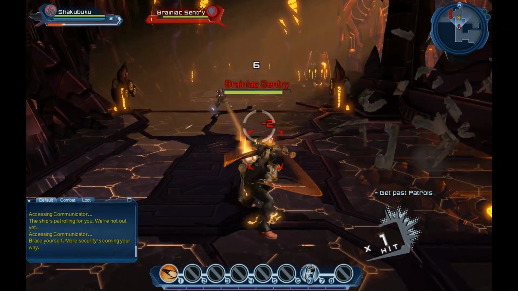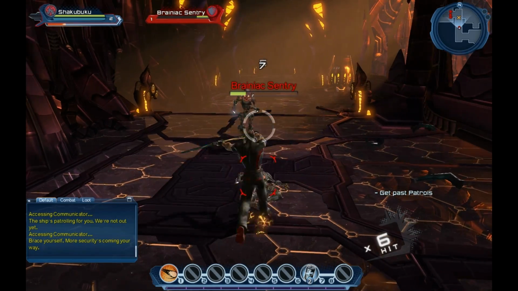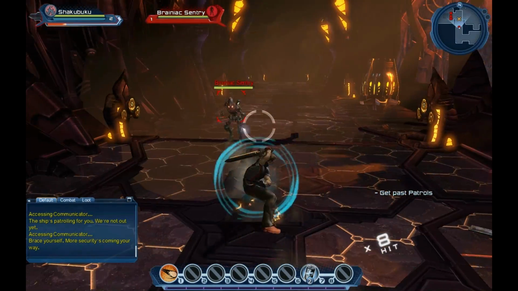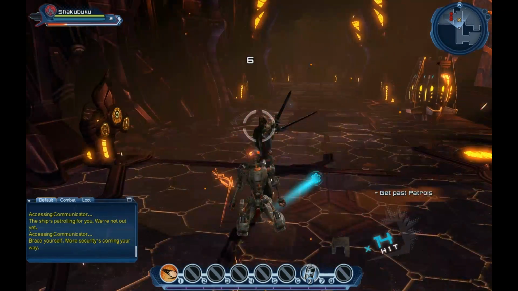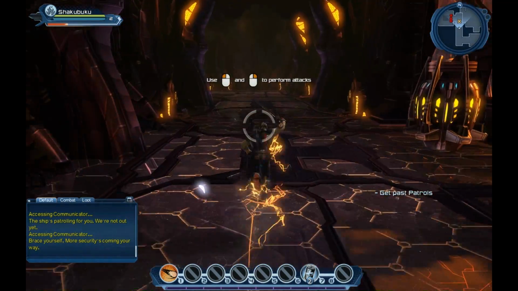Skill points allow you to unlock combos for your weapon. They allow you to unlock other weapons once you reach level 10. And they allow you to unlock...